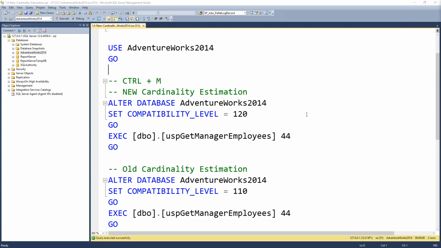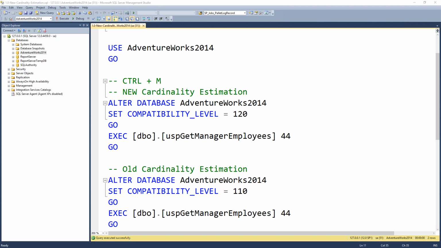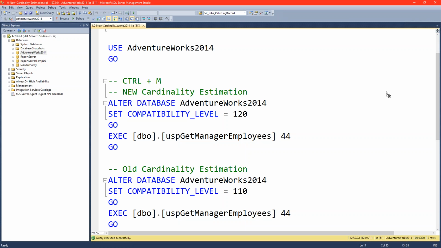And now here is another trick. Here is another demo which we want to talk about, and it is about